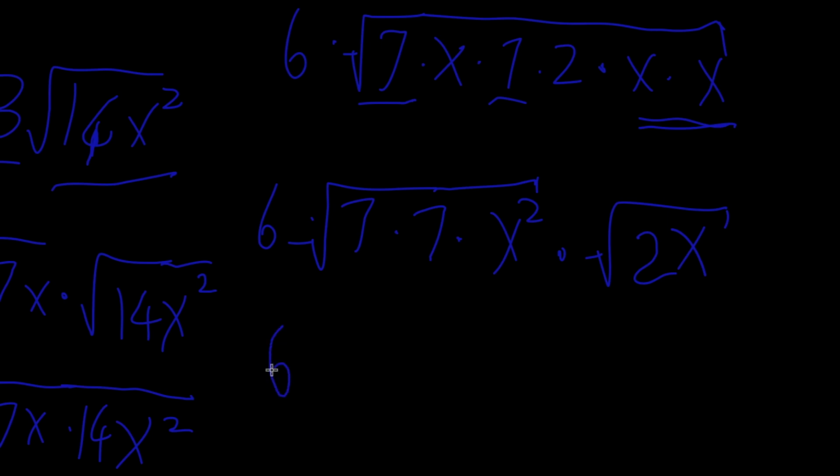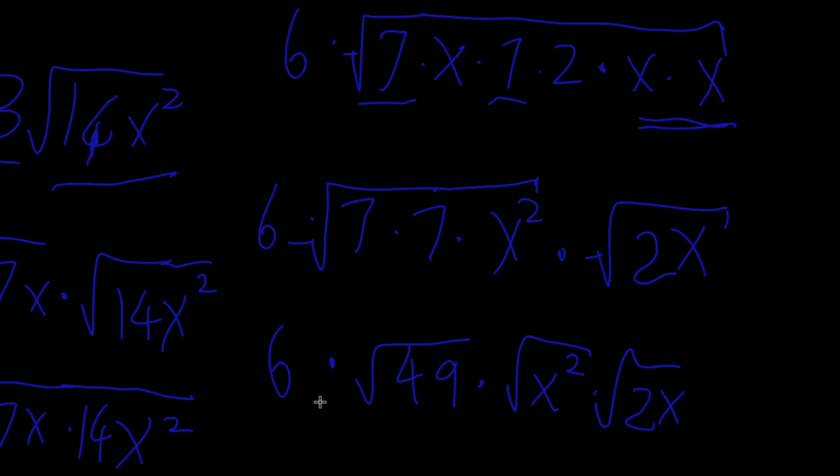We can write this as 6 times the square root of 49 times the square root of x squared times the square root of 2x. Or we can write this as 6 times 7 times x, the square root of x squared. So if we put the index number, these two cancel out. So we can write it as x. And then we can leave the 2x as is. So times